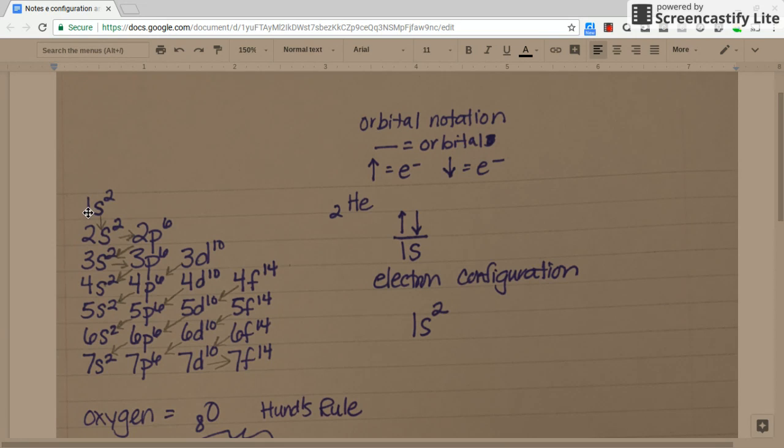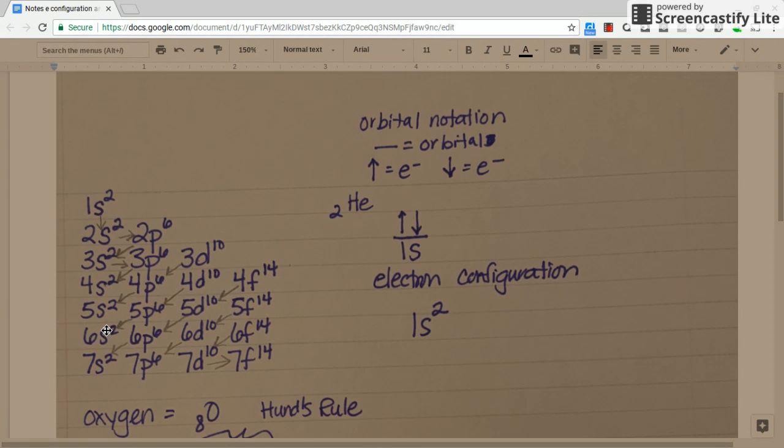So you always fill the 1s2 first, and then the electrons fill the 2s2, and then the 2p6, and then the 3s2, 3p6. And then after this, they don't go in order. So you do not go to the 3d. You go down to the 4s2, and then go up to the 3d, 4p, 5s, 4d, 5p,